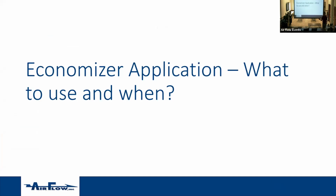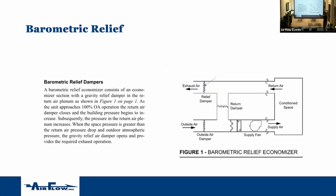Economizers. When we talk about this, obviously we need to meet code. We need to bring in fresh air. We want to get free cooling. I see this misused sometimes. People say, well, we would like to have powered exhaust on a system. When do you want to apply that? We're going to go through that a little bit. Very simply,